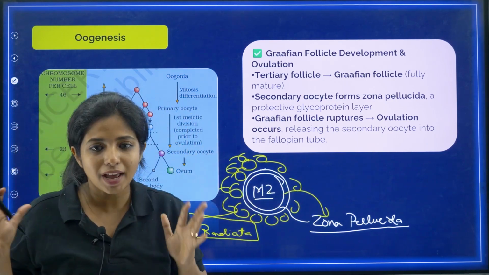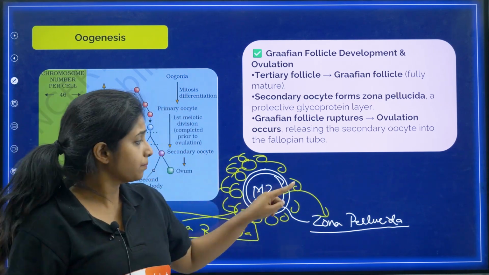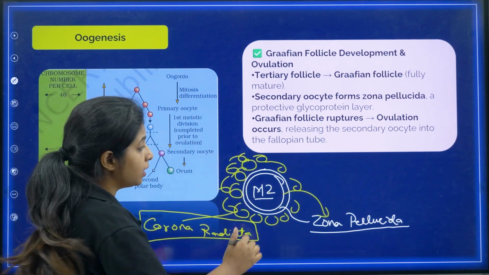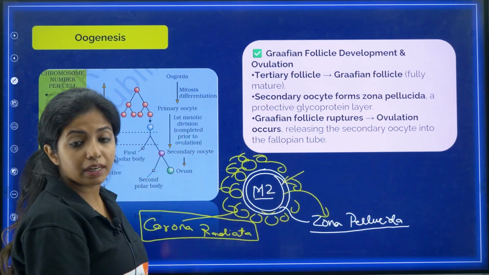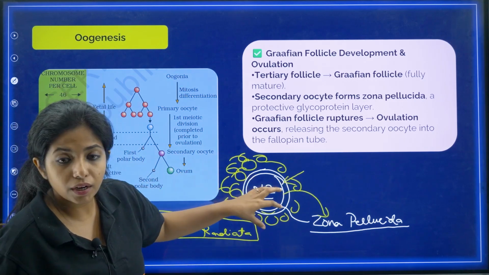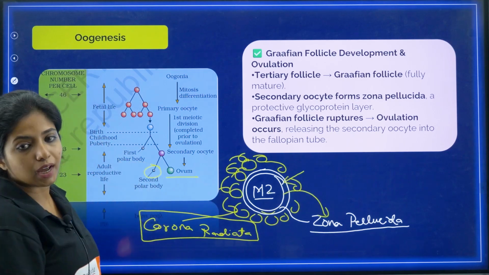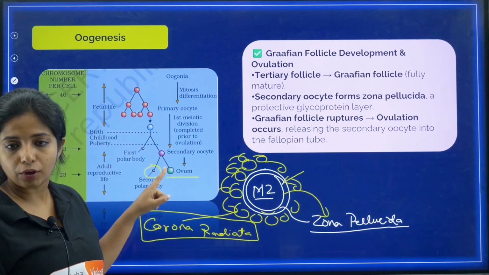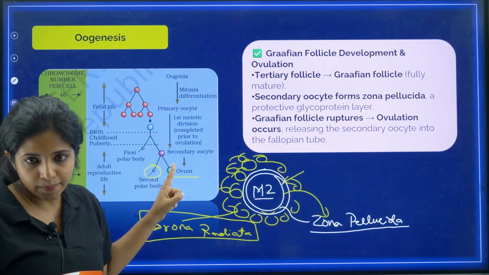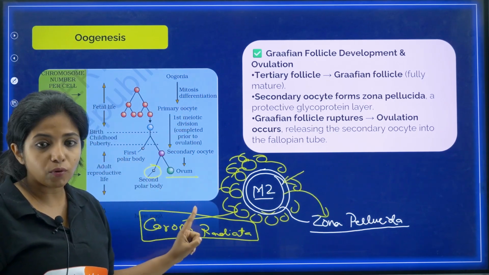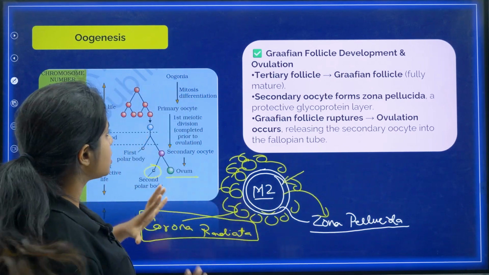Once fertilization happens, when the sperm comes in, my dear children, when the sperm fuses with the plasma membrane, going through the zona pellucida layer and getting into the plasma membrane layer, that's when this secondary oocyte completes its division to give ovum and second polar body. Again, this would be degenerated. This is the only cell that you get. So from one primary oocyte, you're going to get only one ovum. Please remember it. From one primary oocyte, you're going to get only one ovum, unlike the sperms where you get 4 of them. Okay, so this is all about